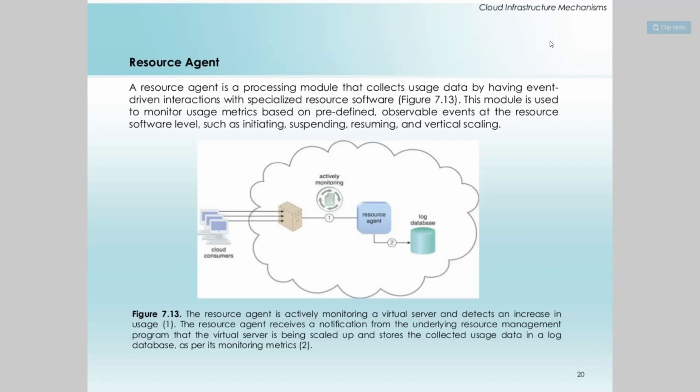You can see there is a cloud consumer and a virtual server, which is connected with a monitoring agent as well as a resource agent. Both agents keep track of all the services and activities, and all the resources you have asked for, because it is a cloud usage monitor. Whatever services you are using are monitored, and accordingly the counting takes place and the billing process starts. At the end, in all the agents there is a log database, because all the changes and successful reads and writes are saved here, and the billing takes place with the results saved in your log database.